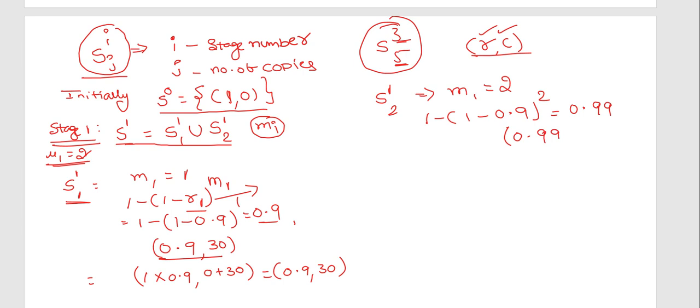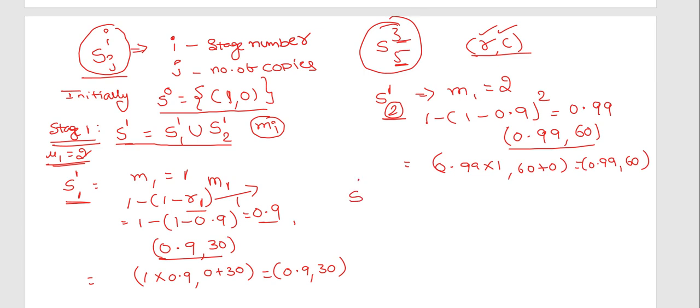The cost for a single device is 30. For this I am maintaining 2 copies. We are maintaining 2 copies means 30 plus 30, 60 is the cost. And what is the step? Multiplying. Whenever a new tuple occurs, multiply with all the tuples present in the previous stage. So 0.99 into 1, 60 plus 0. So simply the answer is 0.99 comma 60.